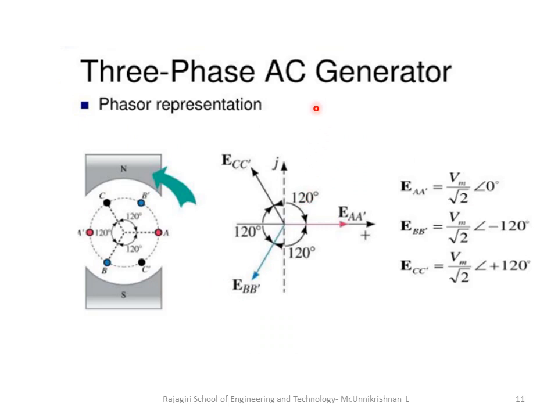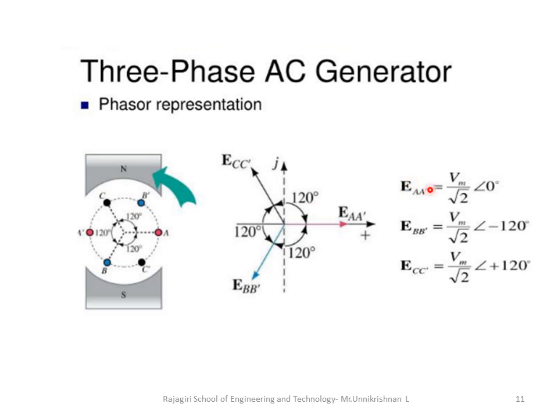Now we will be seeing how to represent the voltage in phasors. In a phasor diagram, the first waveform you draw as A1 A2, the second one is represented by B1 B2, and the third one is C1 C2. I have already said that the coils A1, B1, C1 are placed 120 degree apart, and coils A2, B2, C2 are placed 120 degree apart. So actually these voltage phasors will also be 120 degree apart.